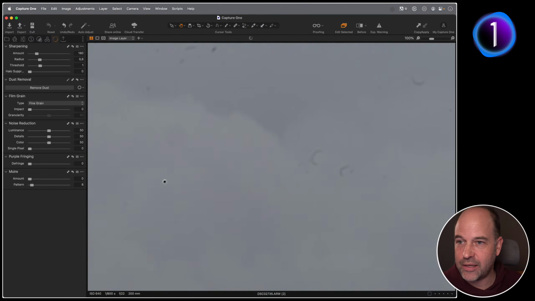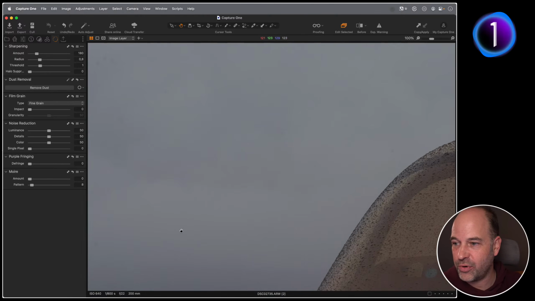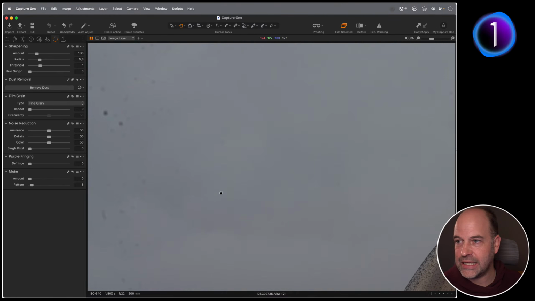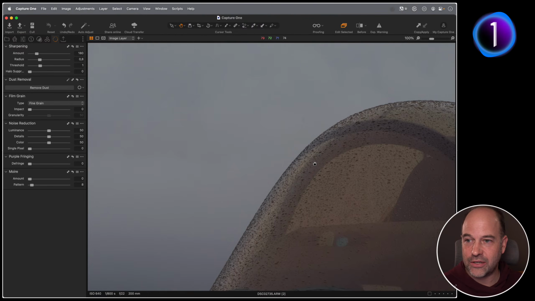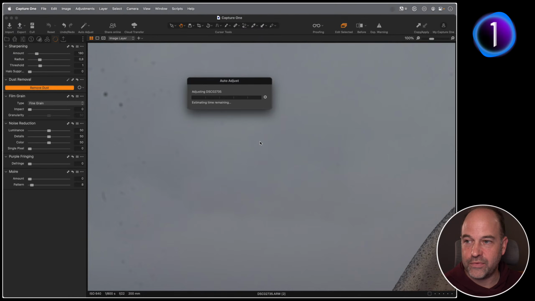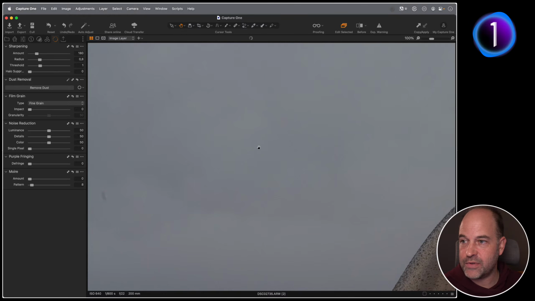So if you're presented with a dirty image like this, and this one probably looks worse because it's shot at f/22. If you shoot at smaller apertures, it's highly likely you're going to see a lot more filth and dirt on the sensor itself. Sensors, or cameras, are getting better at cleaning themselves, but there is an occasion, for whatever reason, like a wet day like this, changing a lens, or moisture in the camera, where you end up in a situation like this. So all you need to do now is hit this button, remove dust. Capture One will scan the image, find the dust spots, and try to remove as many as possible.